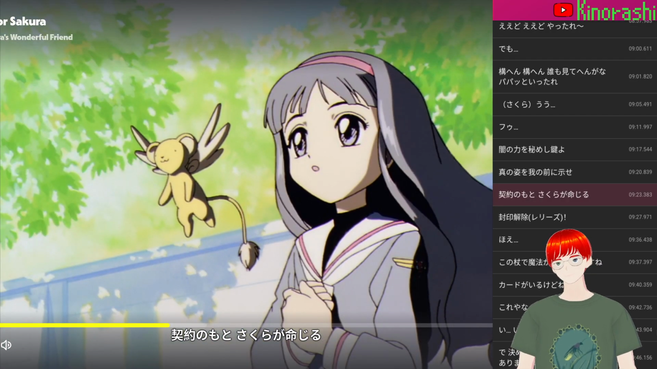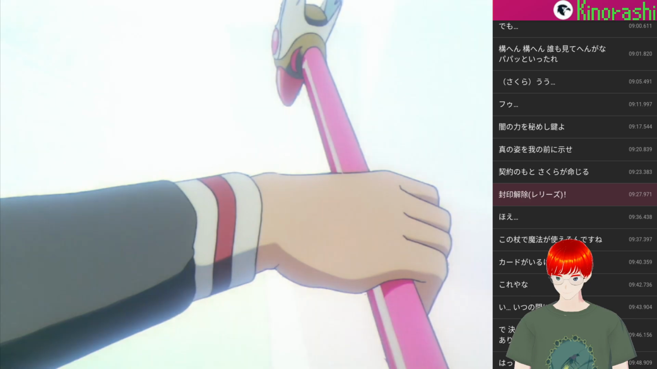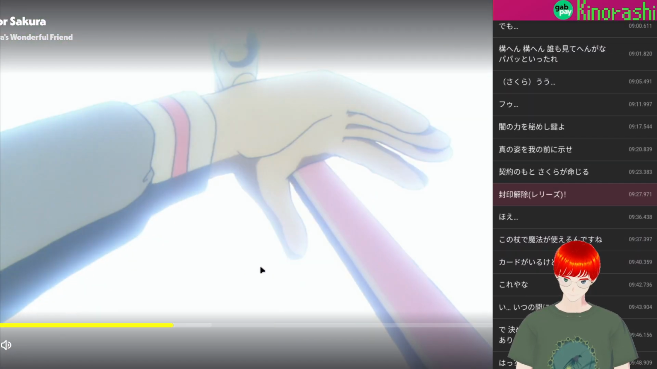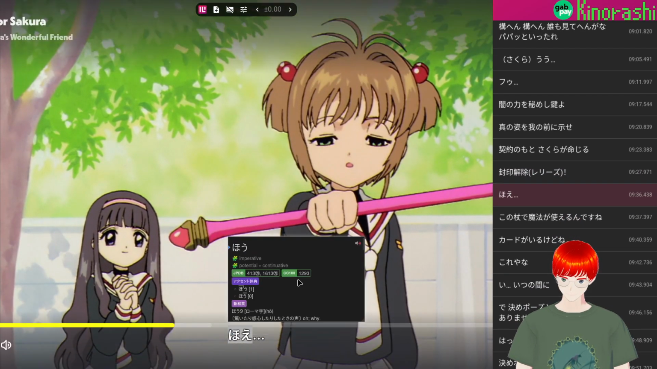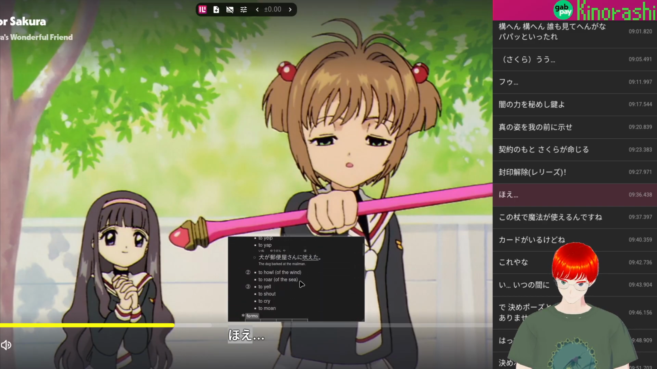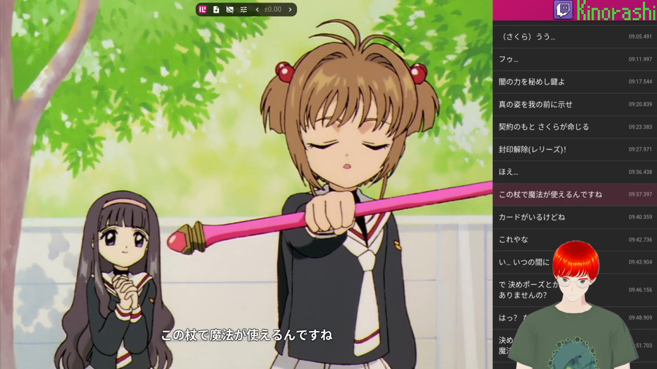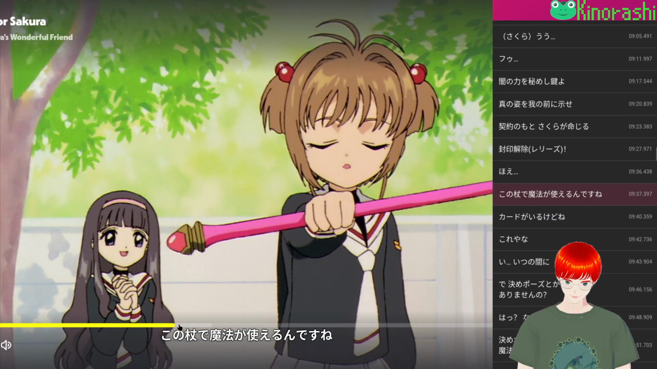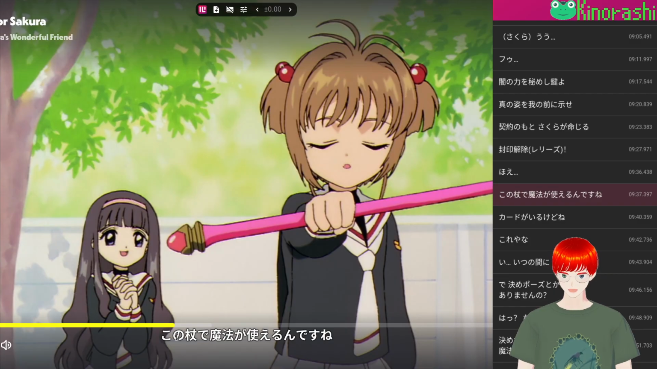この杖で魔法が使えるんですね。Kono sue. Sue: cane, walking stick, staff, wand. カードがいるけどね。So, kono sue de maho ga tsukaerun desu ne. So, this staff or wand